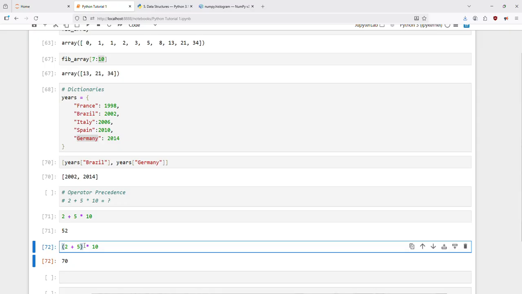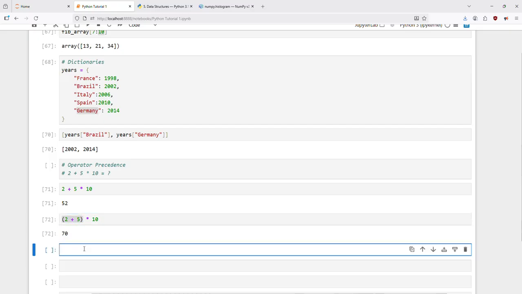So the easiest thing to do if you're not sure whether the multiplication will be evaluated before the addition or vice versa, just use brackets to group together what you want, and then Python will work from the brackets and then move outwards. Okay,